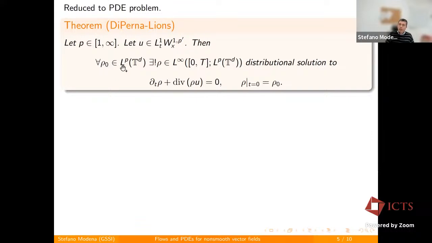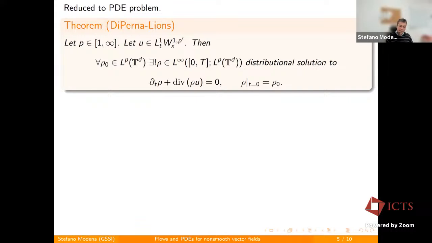Then, for every initial datum in LP, there exists a unique distributional solution to our PDE with that initial datum, which lives where? Well, the solution lives in L infinity in time with values in LP in space. So the solution is LP in space uniformly in time. Okay, this is a purely PDE theorem. It's a well-posedness theorem for the PDE. I will say some words on the proof later on, but before doing that,